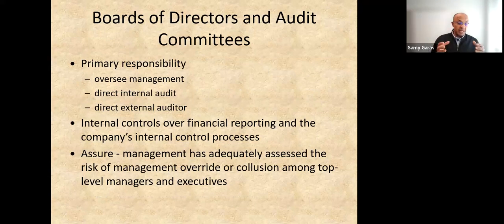The point now, how can we prevent the earning management from happening? It comes in the first part by the board of directors and the audit committee. Why that? Because here the primary responsibility of the board of directors and the audit committee is to supervise the management. So how can they supervise the management? They create the internal control department or internal audit department that runs a regular audit to make sure that the internal control is working properly. And this is what we mean by direct internal control.